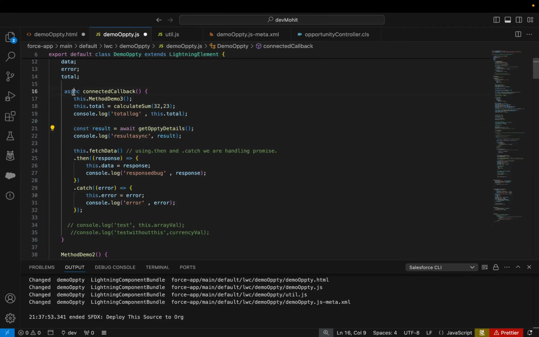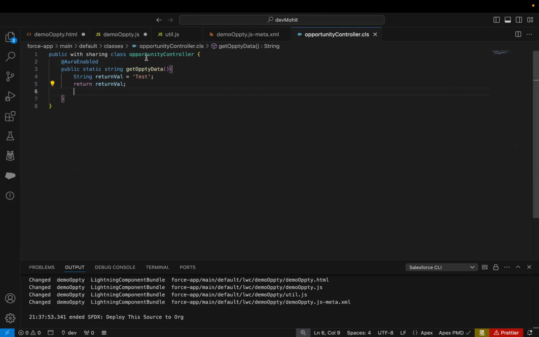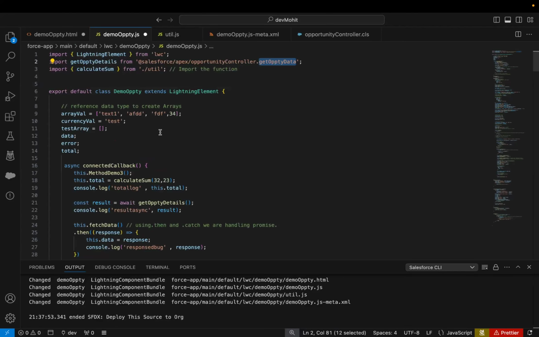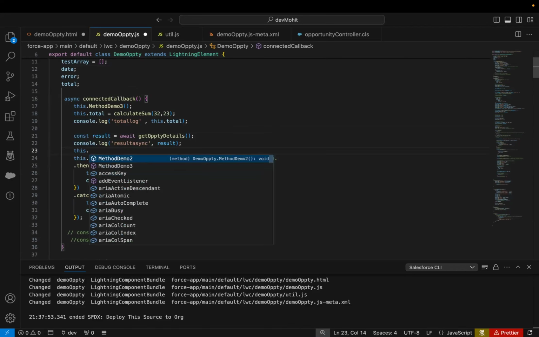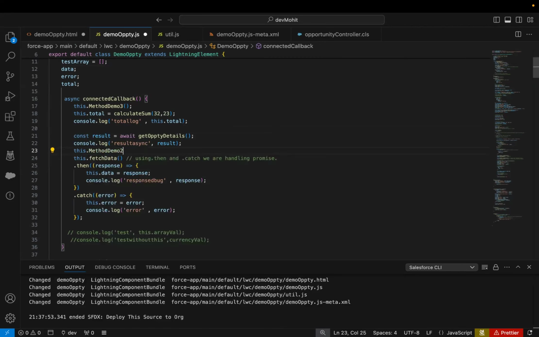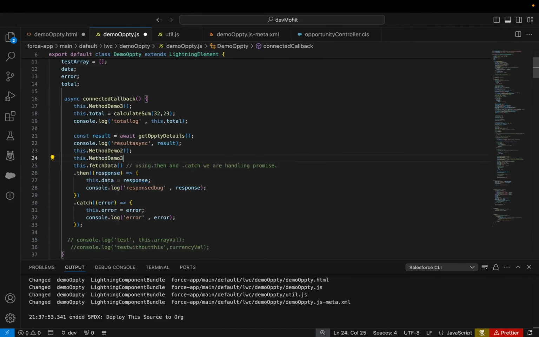If you do not use this async or await, here I'm making an apex call, okay? And this opportunity data is just returning some value there, because that doesn't make sense. So I'm just making an apex call. Now, if I do not use this async and await, and after that, if I make this dot method demo2, this dot method demo3,